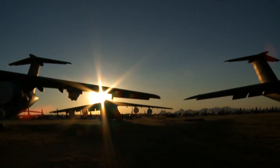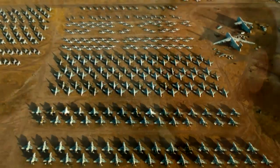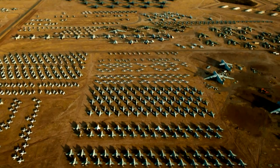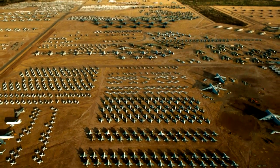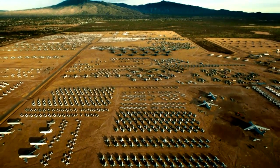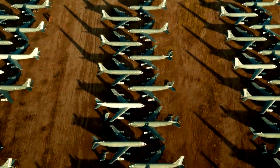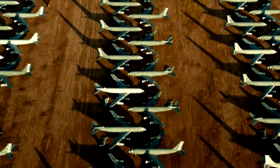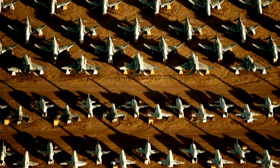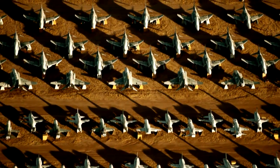You know, as our Air Force becomes more and more technologically reliant, fewer and fewer different types of airframes are being produced. I would expect probably in 20 or 25 years, you'd probably see less than 1,000 aircraft over there, and looking out 40 years, there may not be a need for such a large facility. There will always be a need for the facility, but whether or not you're going to find fleets of KC-135s or fields of F-15s,